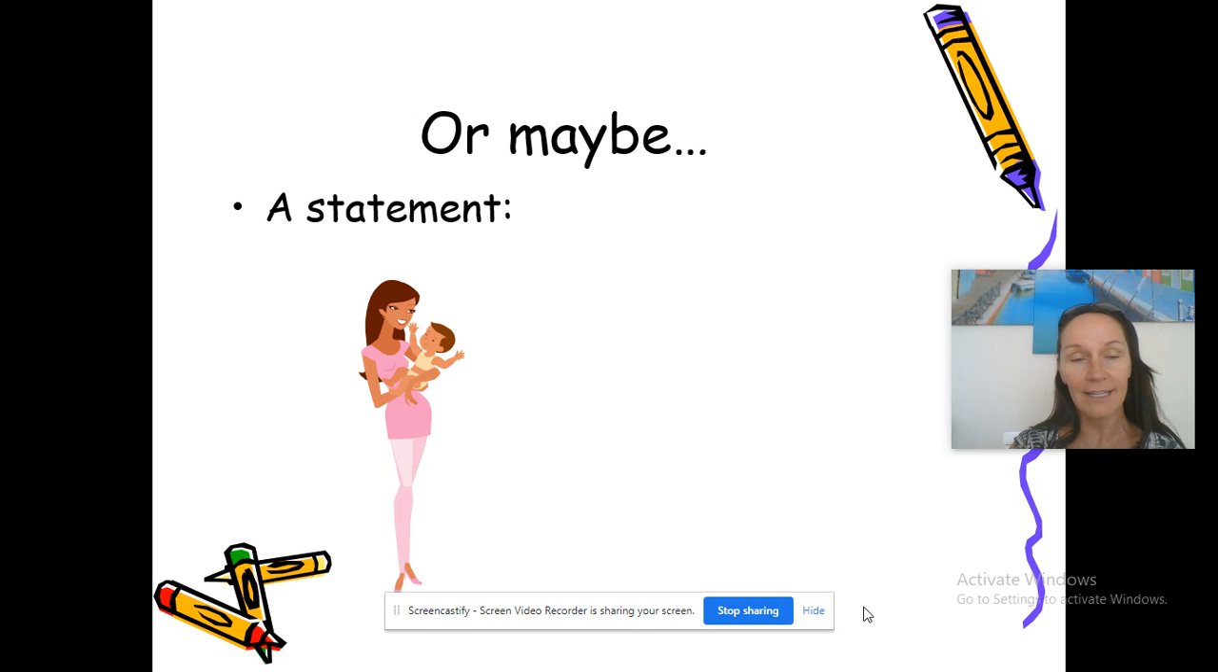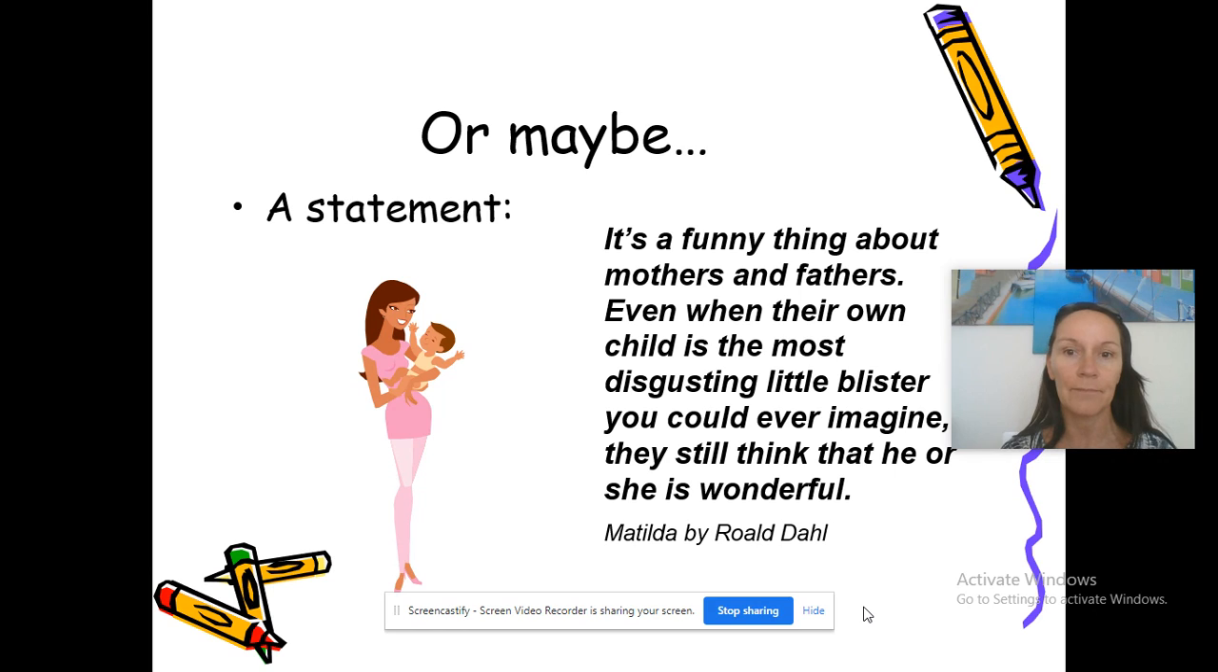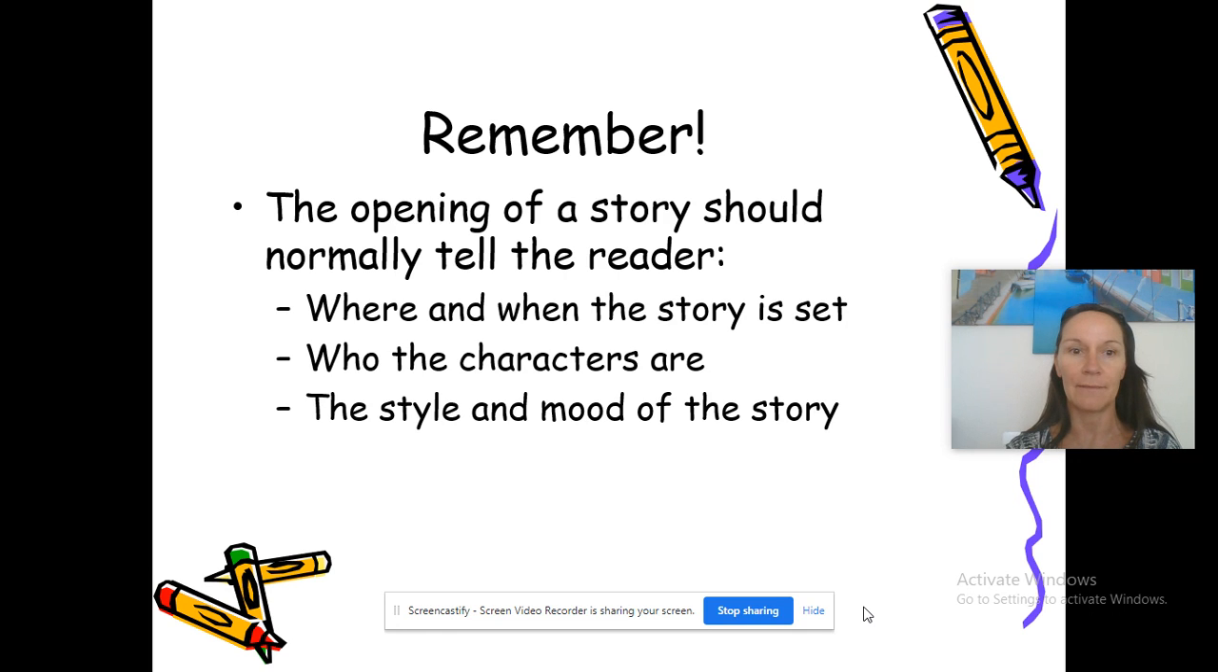Or maybe, I tell you, there's lots of different ways you could start your story with a statement. "It's a funny thing about mothers and fathers. Even when their own child is the most disgusting little blister you could ever imagine, they still think that he or she is wonderful." And then again, we've got Roald Dahl because he's so good at hooking readers in with his stories. And that's an example from Matilda. Remember, the opening of your story should normally tell the reader where and when the story